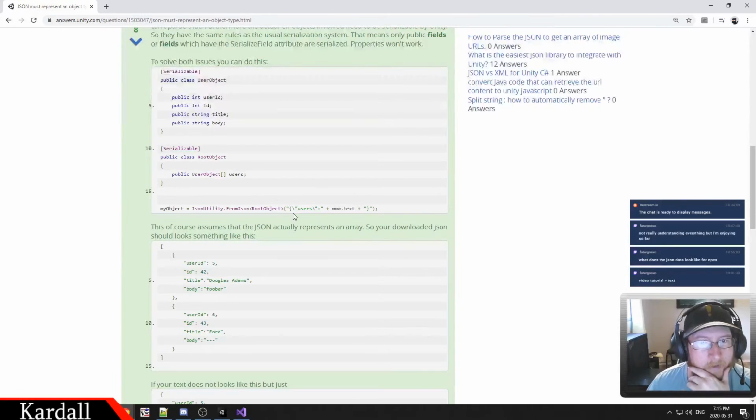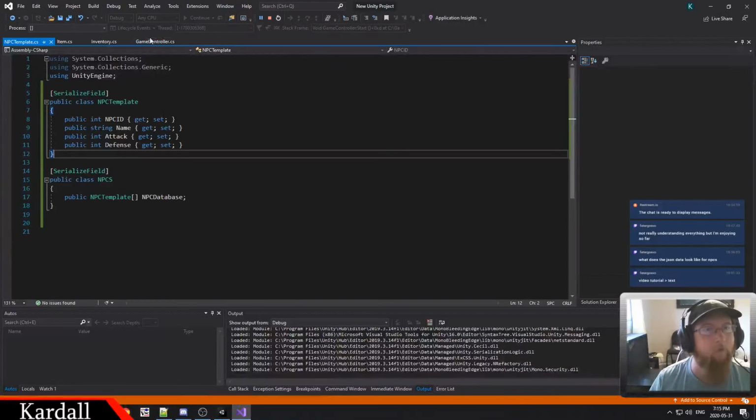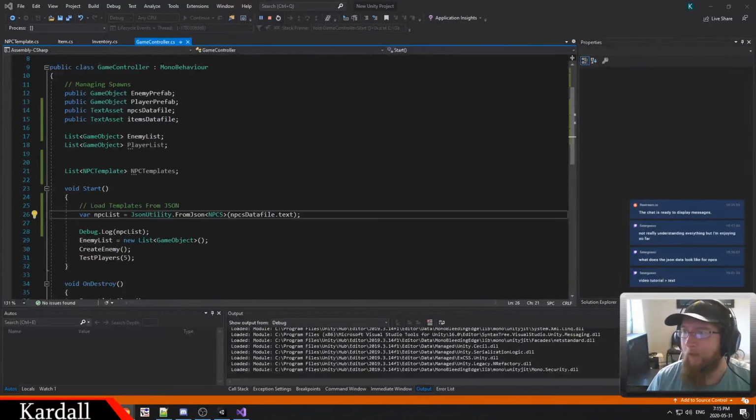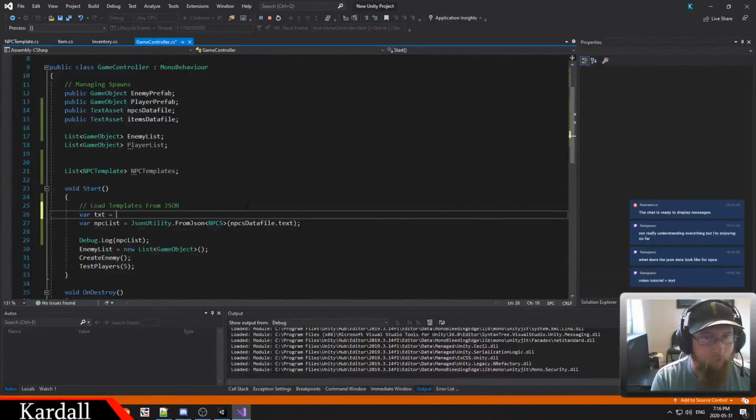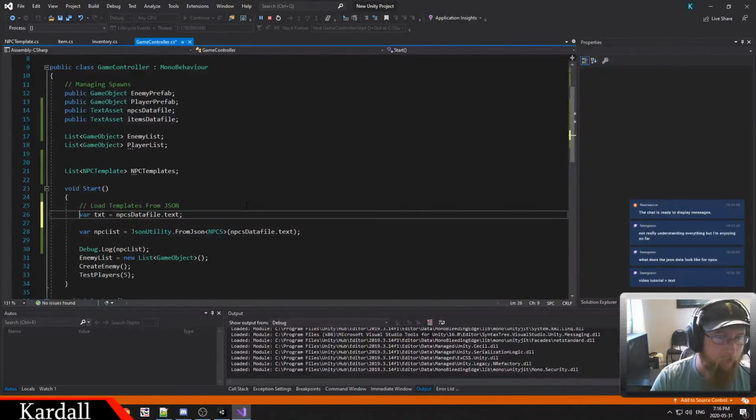Okay, so I need to add the user's text before, and then. Okay, I got it. We're gonna hack their JSON thing. So what we're gonna do is we're gonna take the NPC's data file text, and I want to go